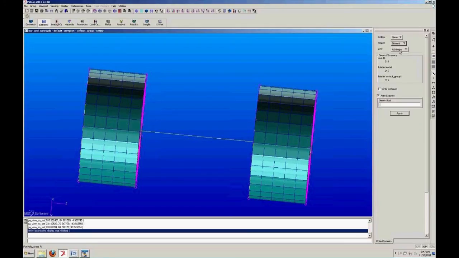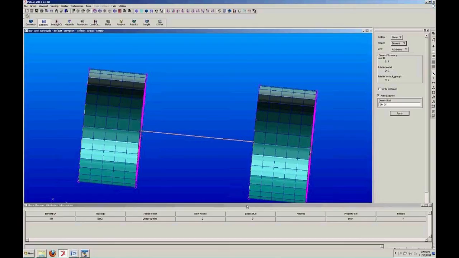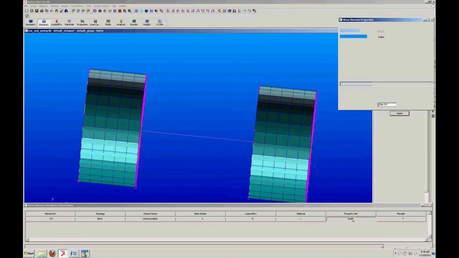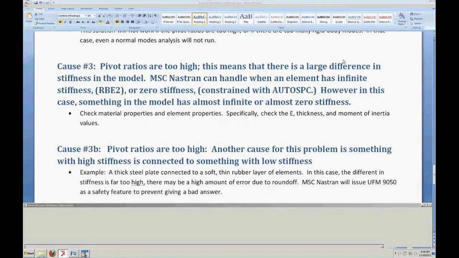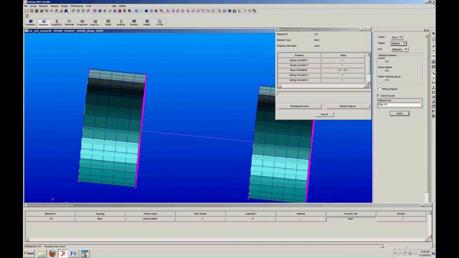Show element attributes. So I approximate this guy with a C-bush. And this C-bush, say it's some kind of a soft rubber bushing that I've decided to put in here, has a stiffness constant of basically 1. If I run this,